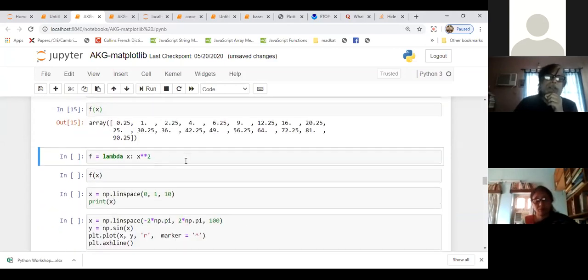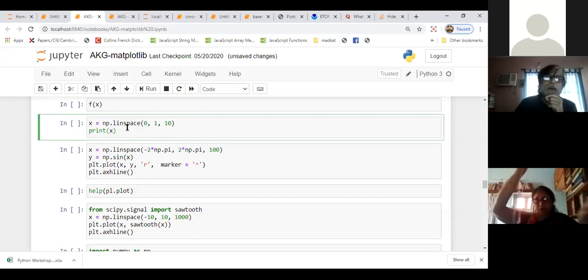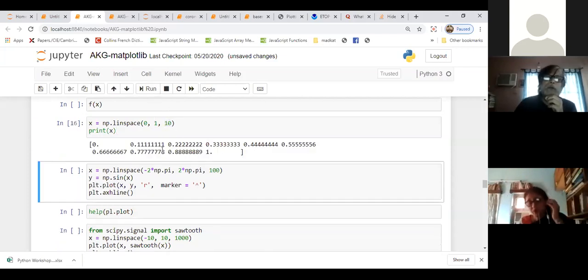Okay, then lambda function, etc. I told you, and then linspace, which is another function in NumPy with which you can create an array. Like it will create 0 to 1, and 10 means 10 values. So if you write now, it will create 10 values from 0 to 1.